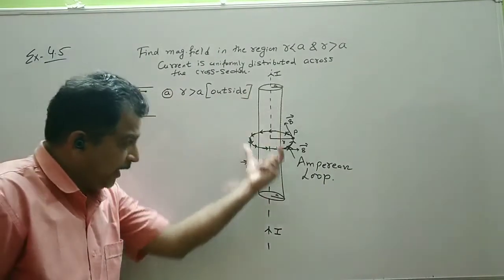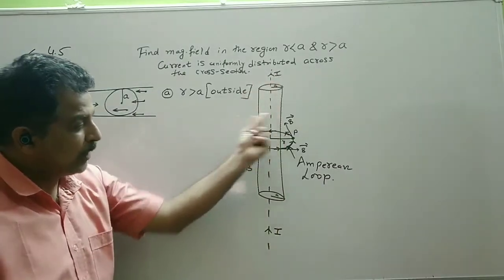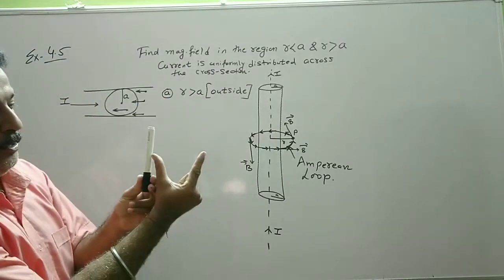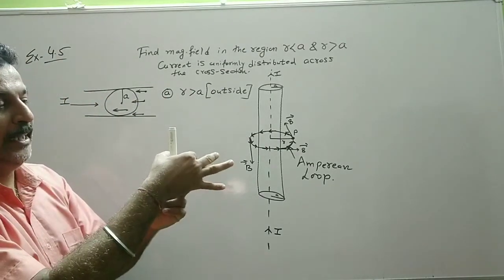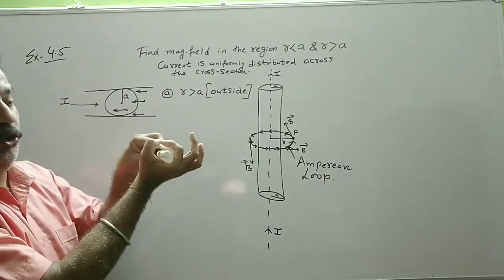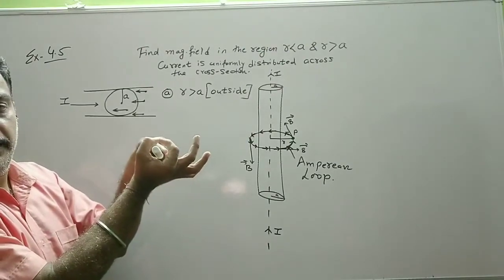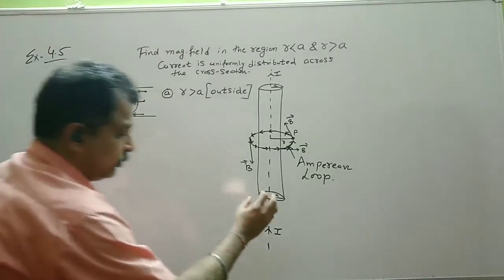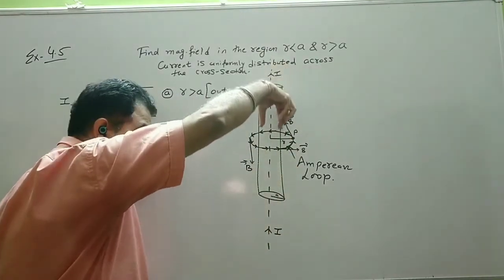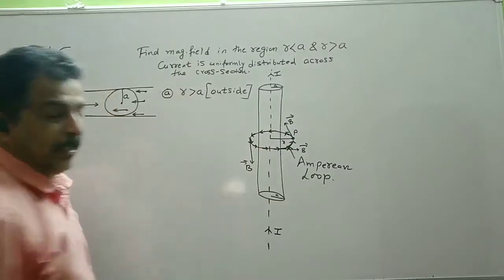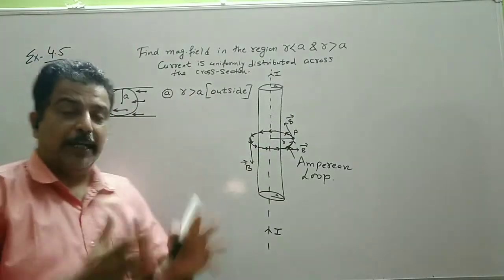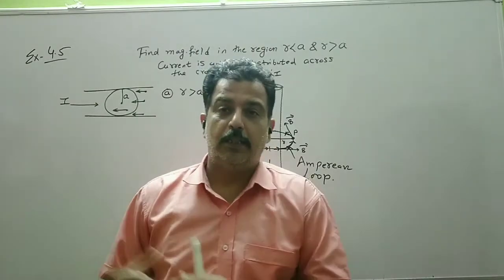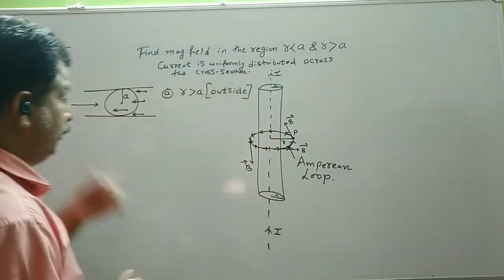And the entire wire is enclosed in this Amperian loop. So I have taken the Amperian loop like this. This is the distance of point P. So this entire wire is inside the Amperian loop. So this is my Amperian loop. So all the electrons, suppose there are 4 electrons, when these 4 electrons are moving opposite to the current, they will pass through this Amperian loop. So at the microscopic level, all the charges are contributing to the magnetic field intensity at point P.